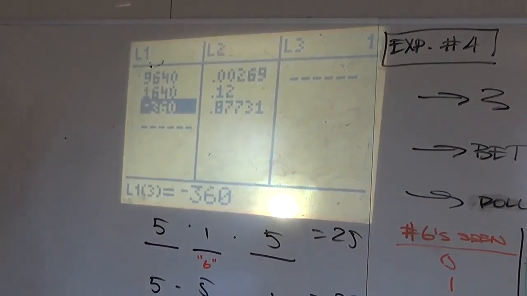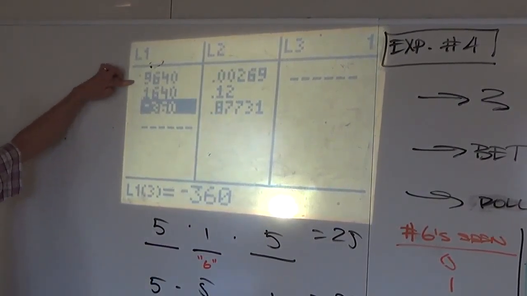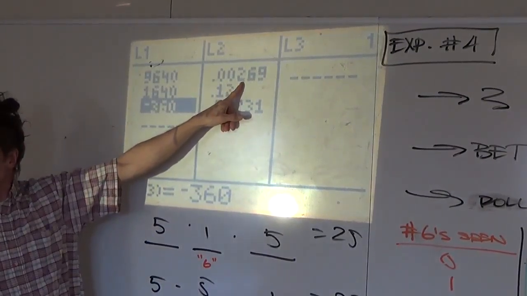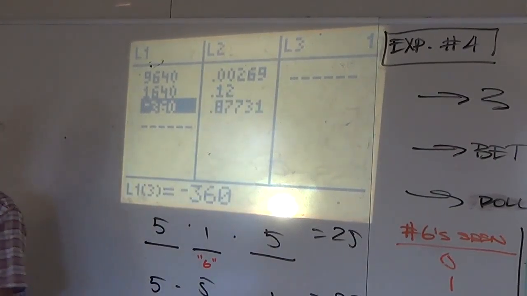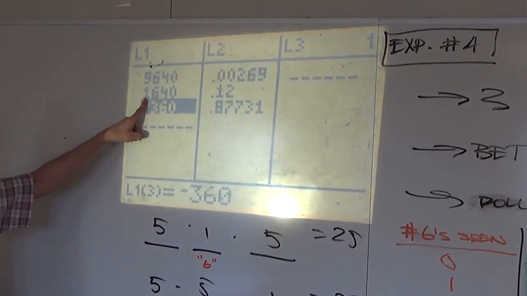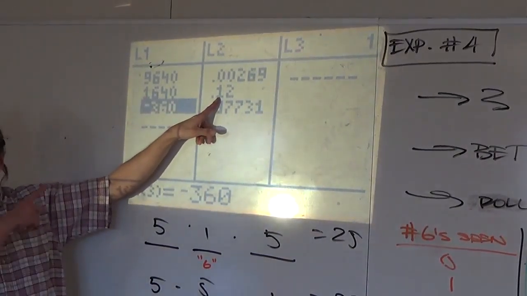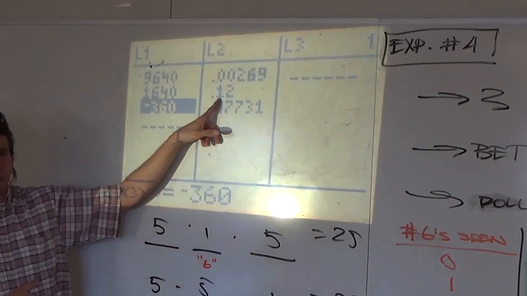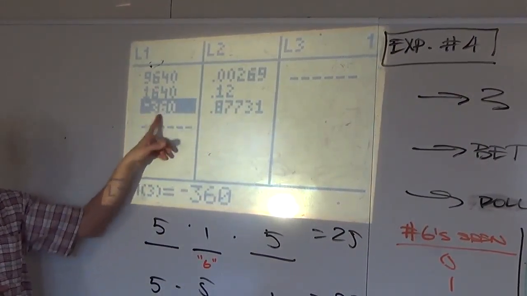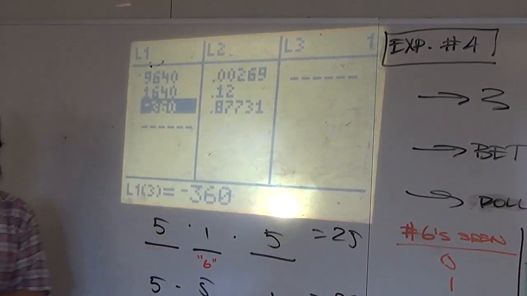These are the three. This is I die, which means I make 9640, or whoever my beneficiary is makes 9640. That happens that often: 269 times out of 100,000. That's me getting disabled, unable to work, but not dead, which happens a freakishly large period of time. 12% is freakishly large, yes. And lastly, if I don't die nor become disabled, I'm going to lose 360 bucks. Now I lose 360 on all three of these, right?